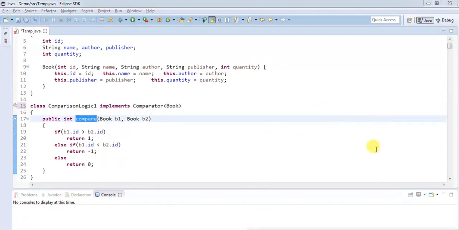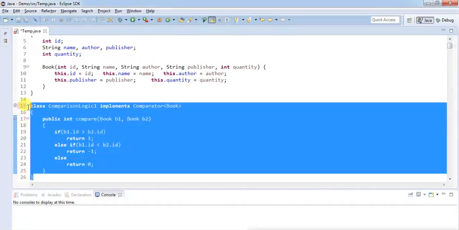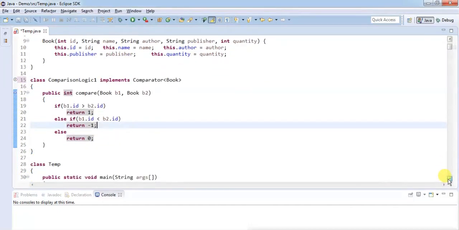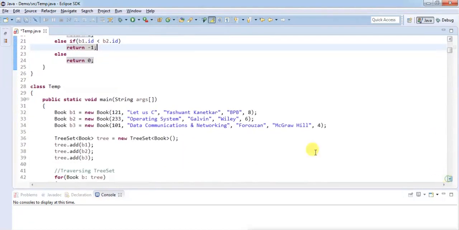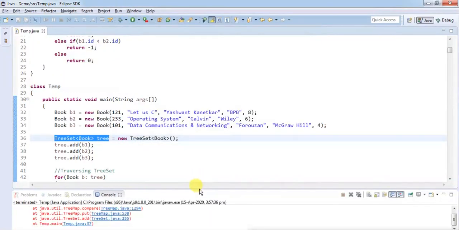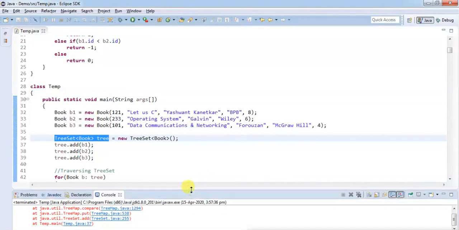So I have built a comparison logic in a separate class. Now the point is, how do I provide this comparison logic to this particular TreeSet? Because right now the TreeSet does not have any logic to compare the elements, and if I directly run this, it will again throw a runtime error saying I do not have comparison logic, provide me the comparison logic.